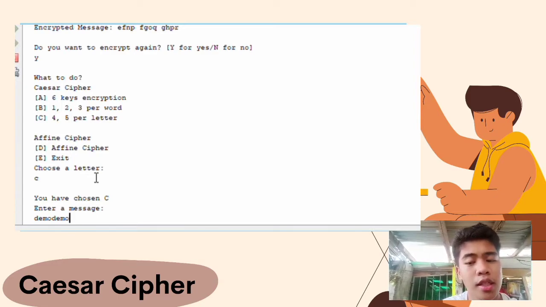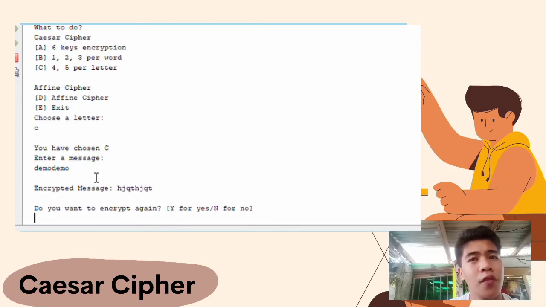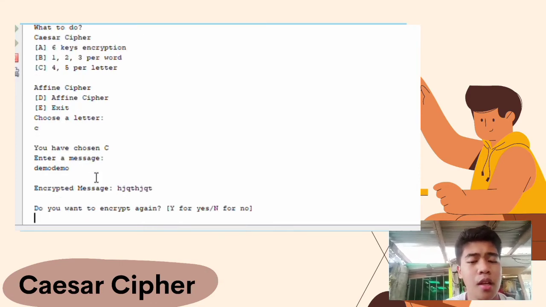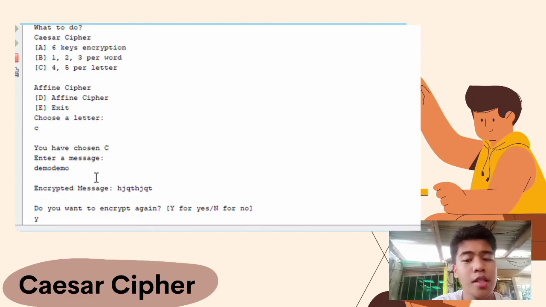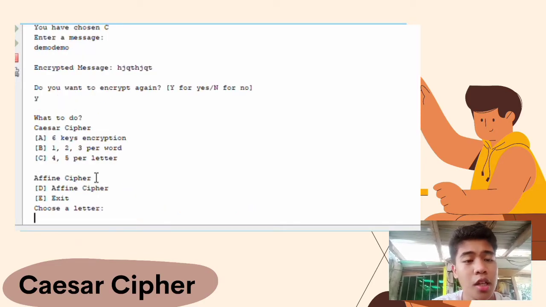This result is generated by splitting every text of the input and then running it through the loop process again to encrypt it per letter